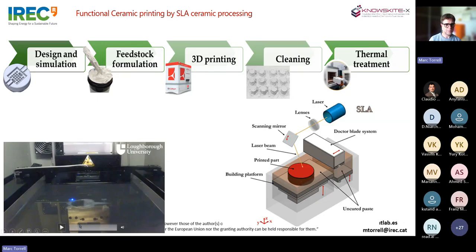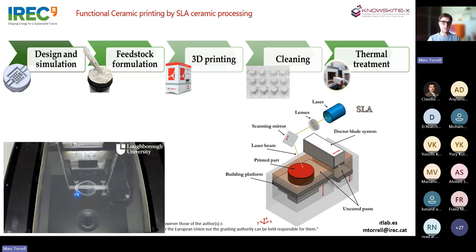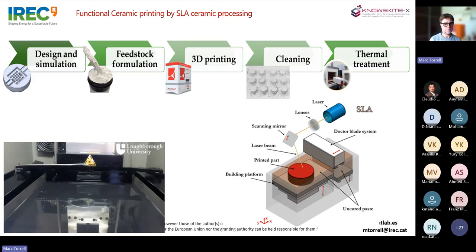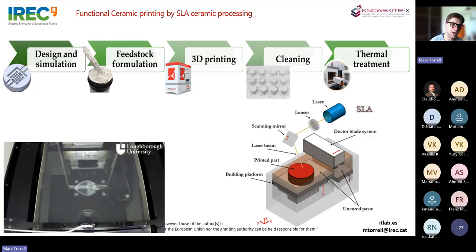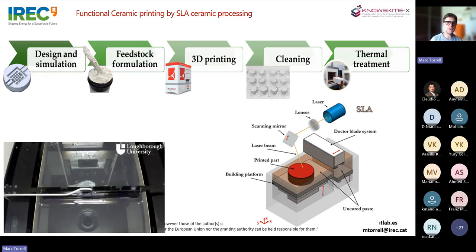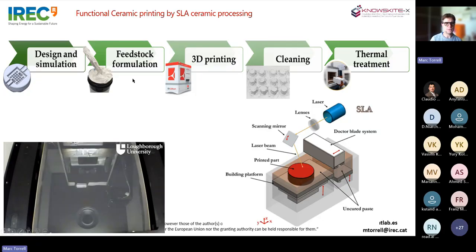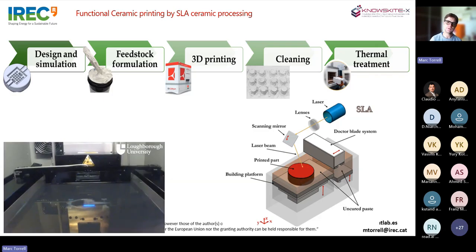Here you can see a video that is showing how the stereolithography works. It's a technology based on a light source. This is a laser that is curing a light-curable, in the UV-visible range, photocurable polymer that we are curing layer by layer by this laser. What you can see here in the video is just polymeric printing, but what we are doing, in this formulation step, is adding to this slurry the ceramic load, in this case the electrolyte of our solid oxide cells.